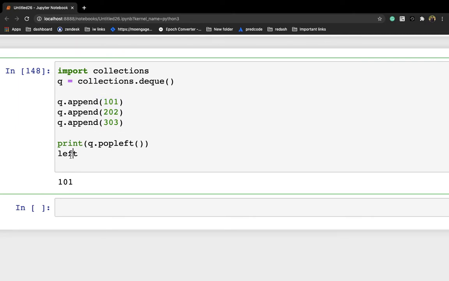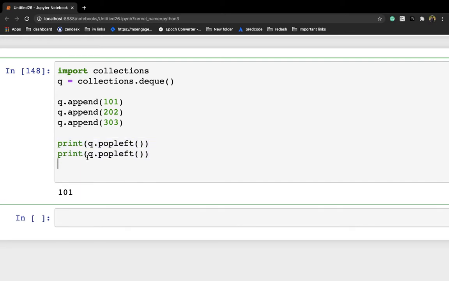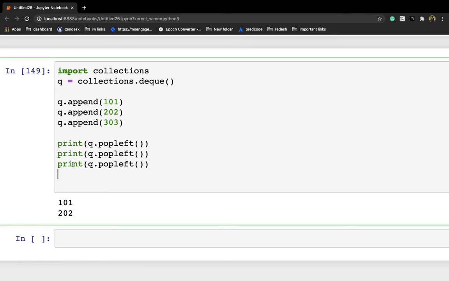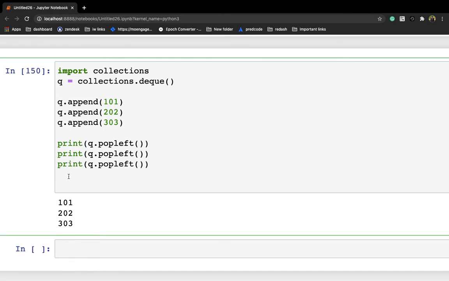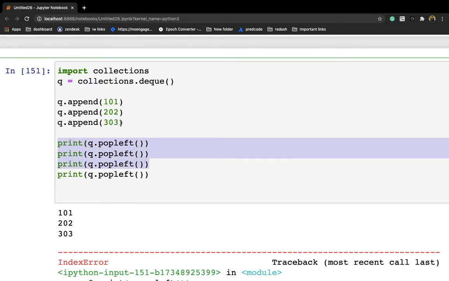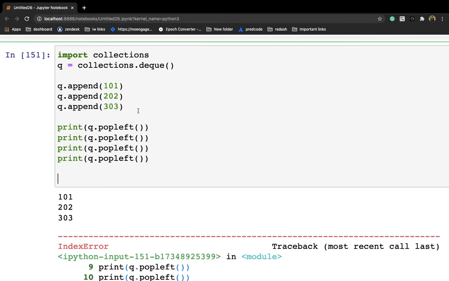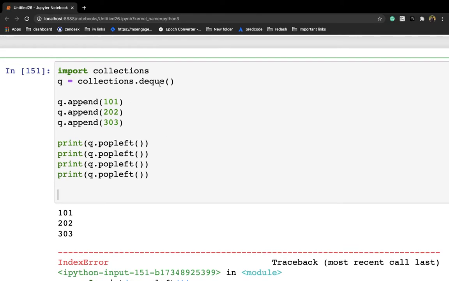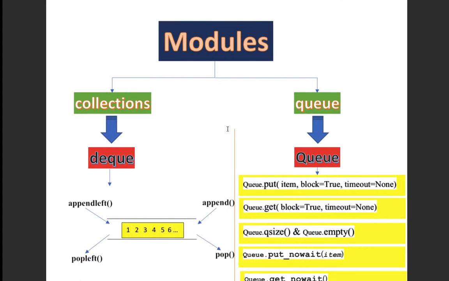The second one is 202, the third one is 302, and the last call will throw an error because we have already popped the three elements which were inserted initially. So this is how you can implement a queue using the collections module.